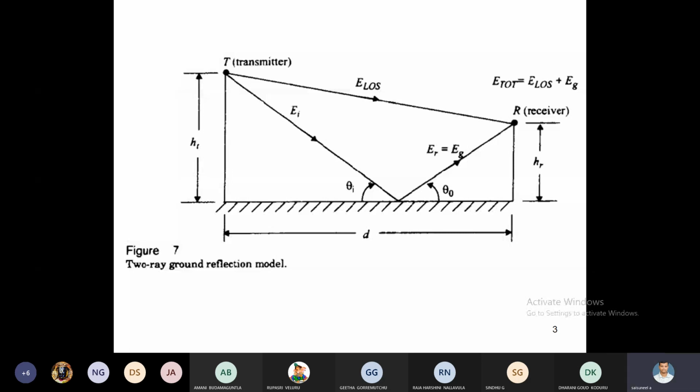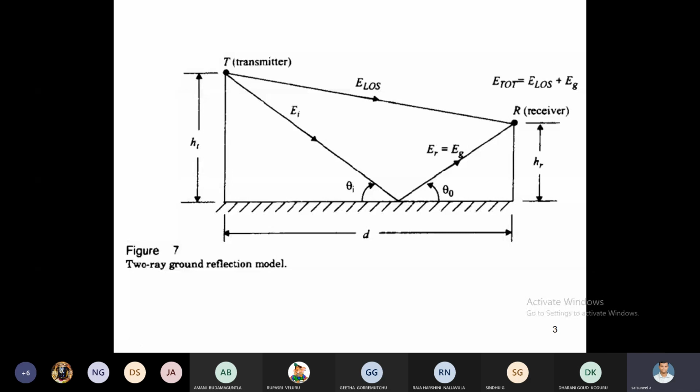Here we have to consider small d, the distance between transmitter and receiver. D dash is the distance from the transmitter to the receiver due to the line of sight path. This is the D dash path. This is D, and D double dash is the path from the transmitter to the ground first and reflected finally to the receiver. This is the D double dash distance. From this figure we have to calculate the total energy at the receiver.